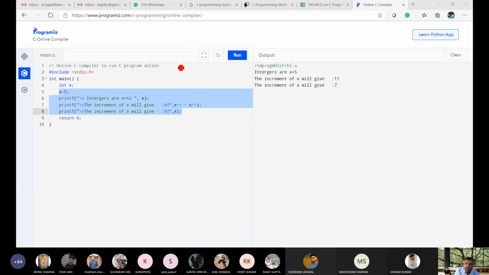So the initial value of x is written as 5. Agree? Is there any problem? No, sir. Now, whenever you write x++, it simply means that it will print 5 only, and after printing 5, it will go for the increment and produce 6.